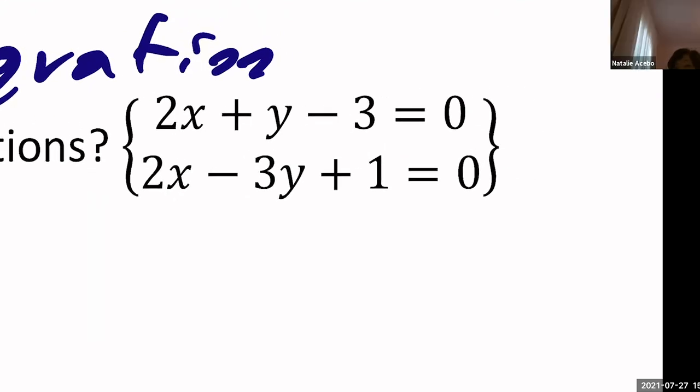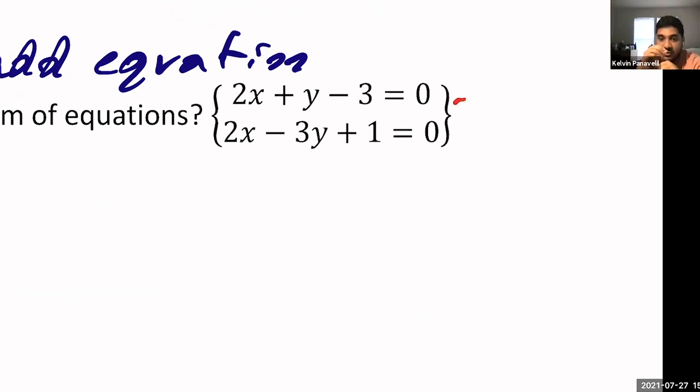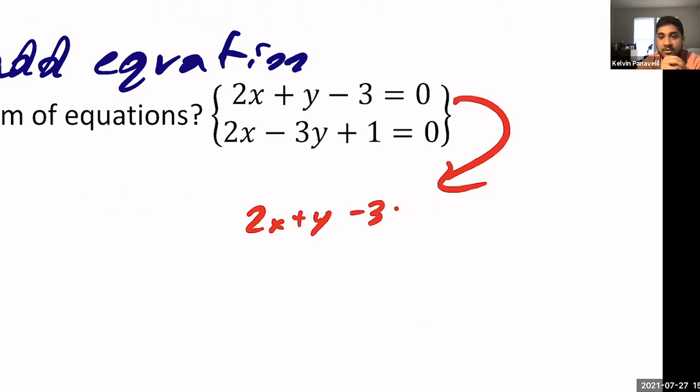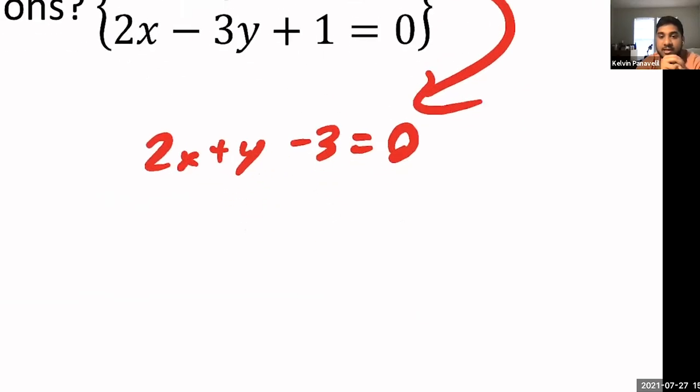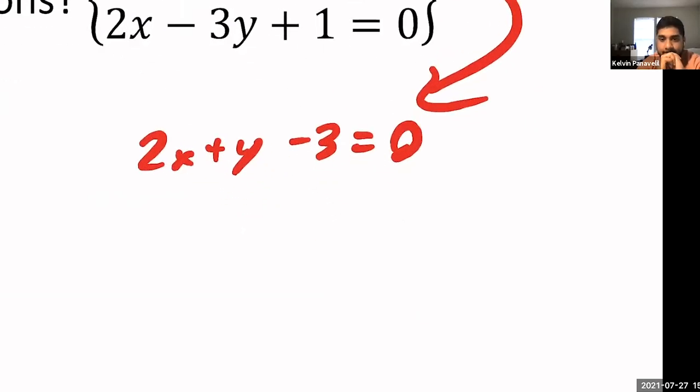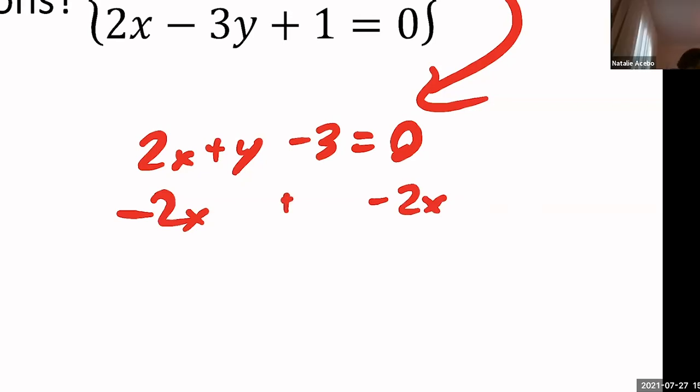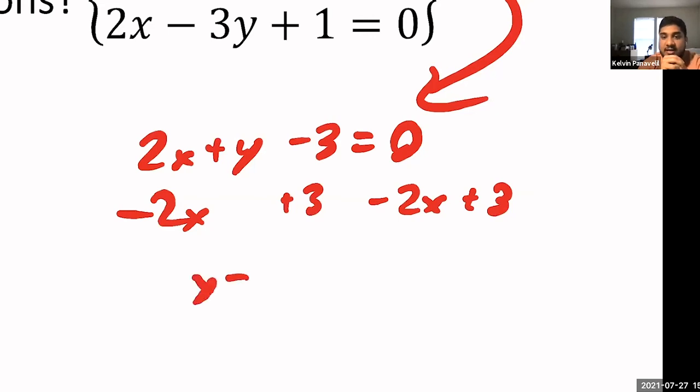Okay. So to substitute, you just get y by itself in just that first equation. Let's write that down: 2x plus y minus 3 equals 0. What would we do first to get y by itself? We would move the 2x. Good, so let's subtract the 2x to the other side, and we would also move the minus 3. Awesome, by adding. So add the 3 to both sides. So we have y equals negative 2x plus 3.